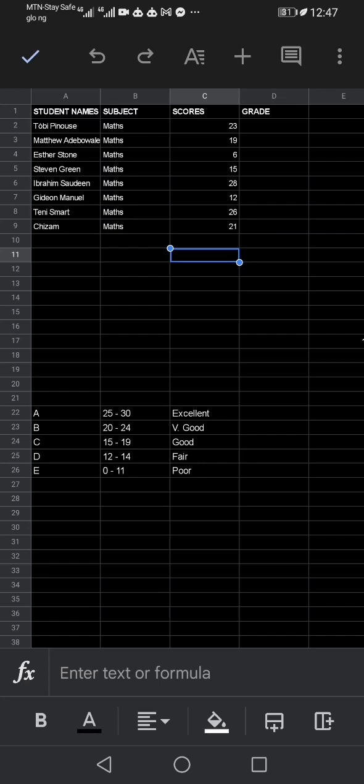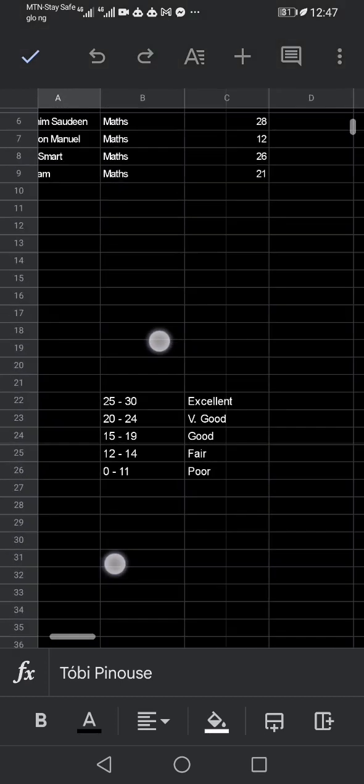So now, without wasting our time, these are just sample data. So I have 1, 2, 3, 4, 5, 6, 7, 8, 9 names. Sorry, 8 names with 8 different scores. Your score can be any score you want to use. So I'm using this particular grading